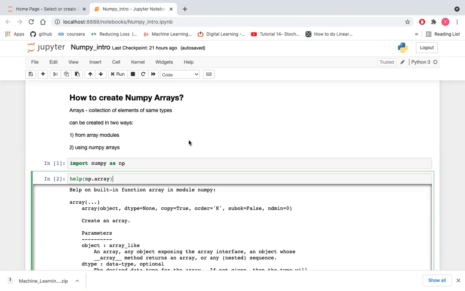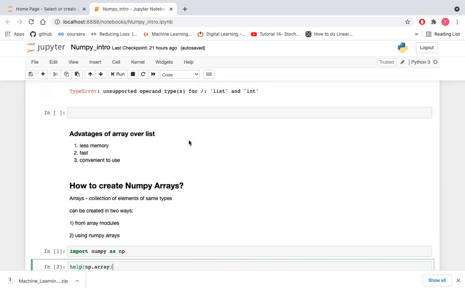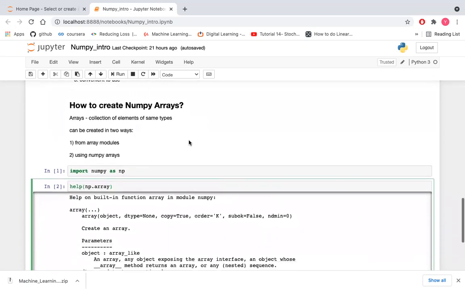Today we are going to discuss how to create NumPy arrays. So first of all, let's discuss what arrays are. An array is a collection of elements of the same type. And in the previous video we saw the difference between an array and a list and how to install NumPy in Python. Now let's see how to create NumPy arrays by using the